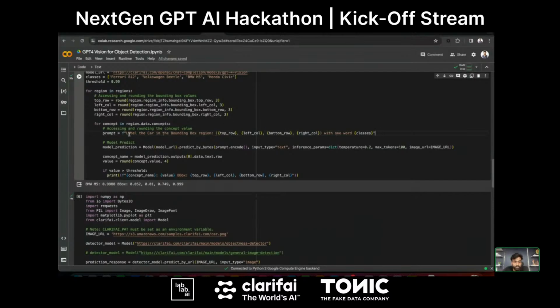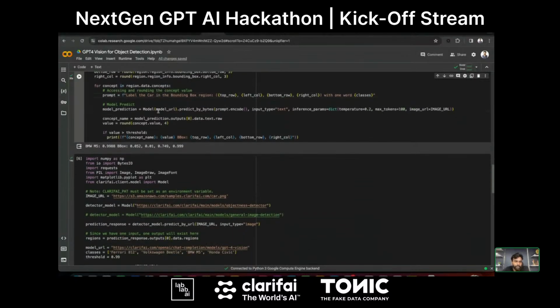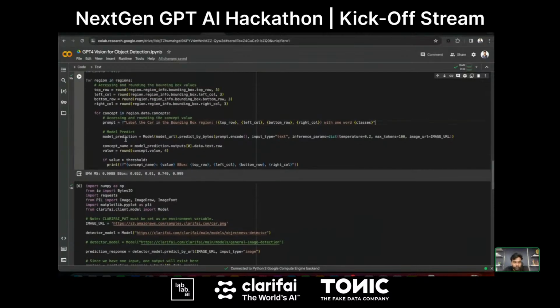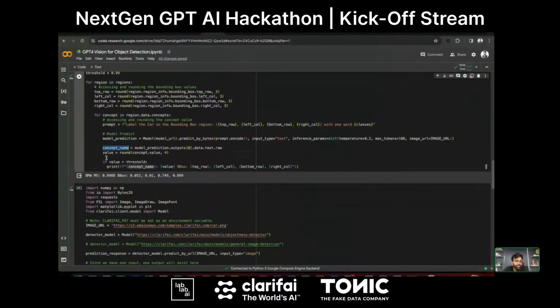That's why I've given this prompt: label the car in the bounding box region, given all the details, passing all the regions, and also passing all the classes in the prompt. You can see I'm getting the response from the model. I'm passing the car image URL and getting the response, storing it under concept name, and printing the final response.